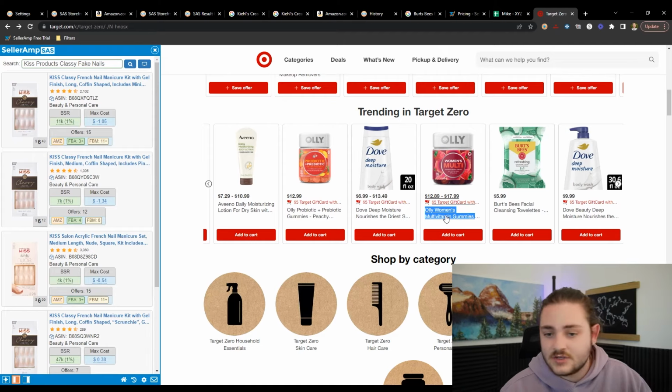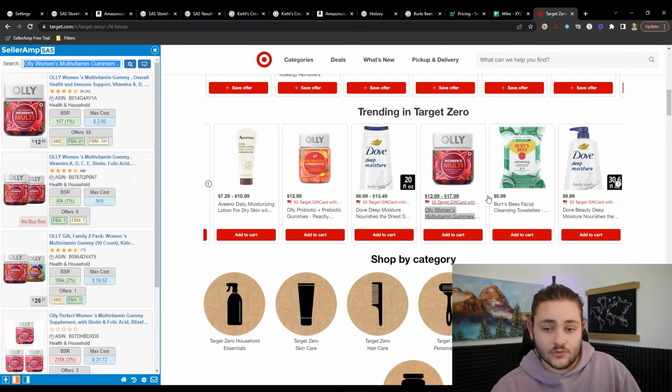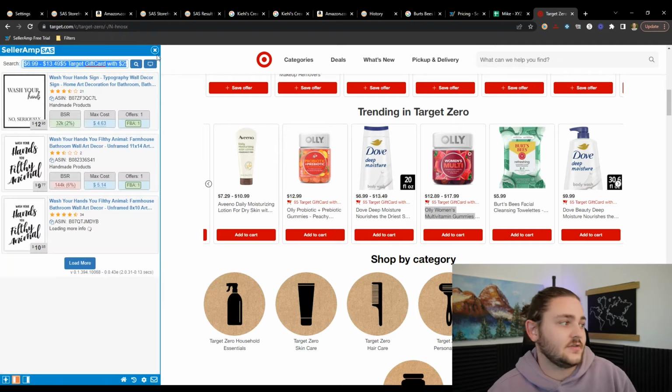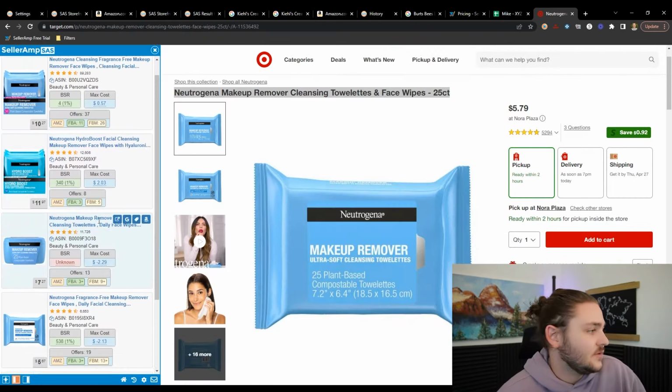So in this case, I'm just mousing over Ollie's. I can right click that, SAS search, and then that's going to search for that title. So a lot of times that can save you the effort of clicking through to a listing. If all you need to do is right click it and then SAS search, it's going to automatically search for that item for you. So in this example of the Neutrogena makeup remover wipes over here,